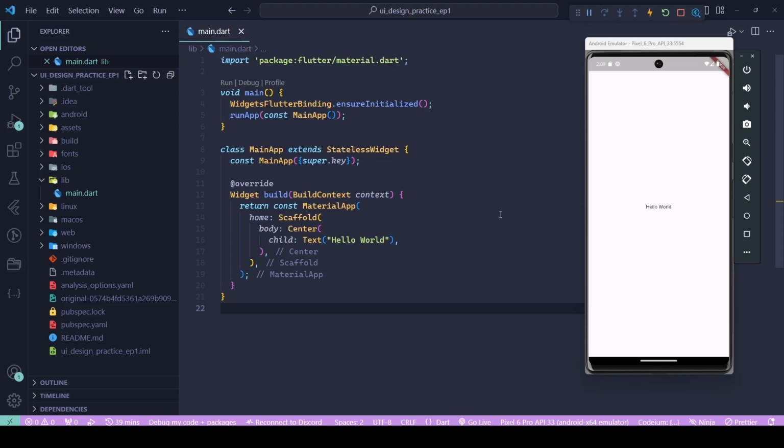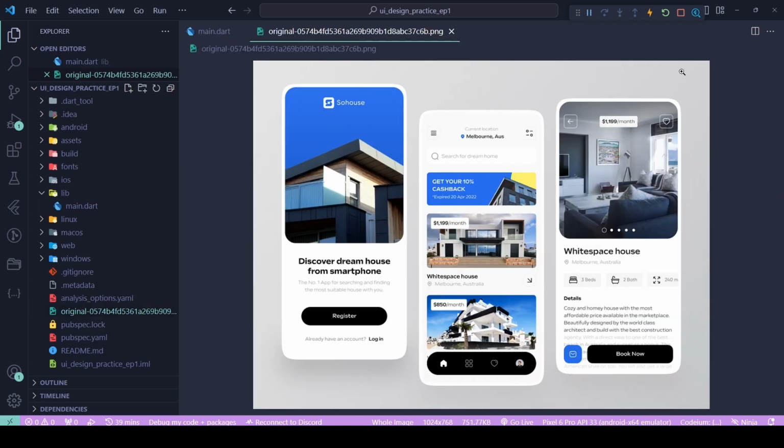In today's video, I'm going to teach you how you can create this beautiful design for your application with Flutter. As you can see, I have found this video online, so I have put the link to it down